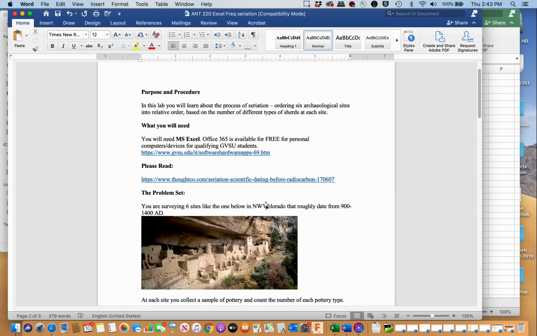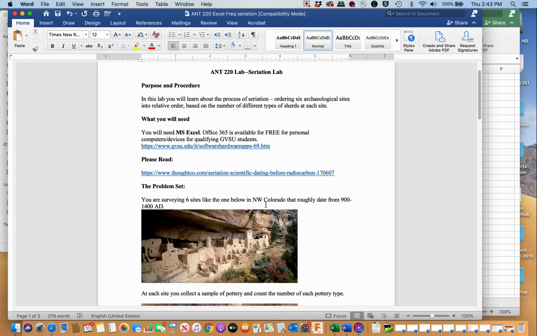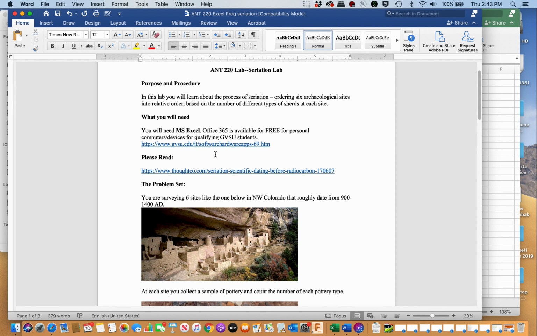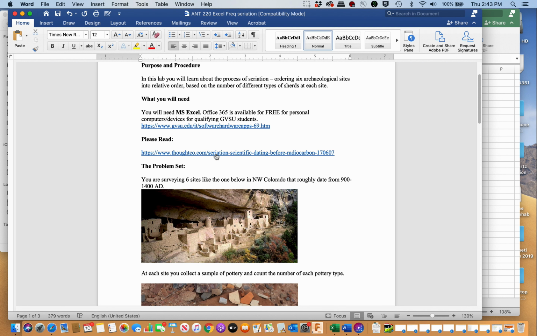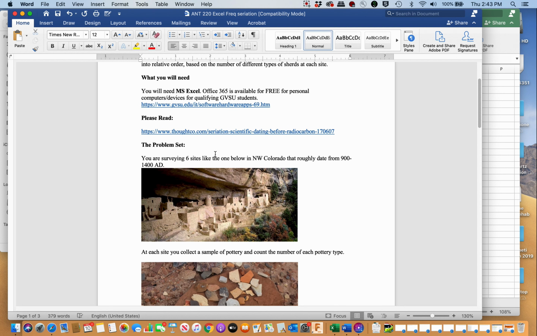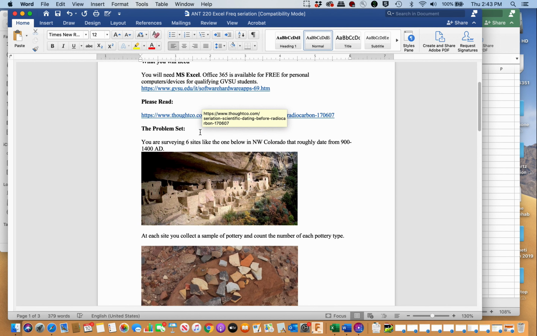Well, first thing you should do is make sure you have Microsoft Excel installed. Excel, Word, all the packages from Office are free for all GVSU students. If you don't have it on your computer, just go to the IT website right here and you can download Office, which is a pretty good deal. Please read this website, which kind of reviews and gives you a little idea of what you're actually doing